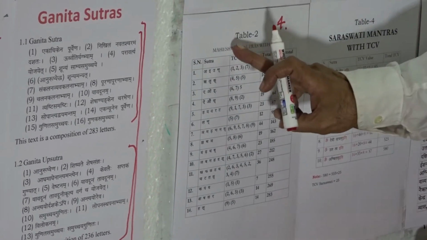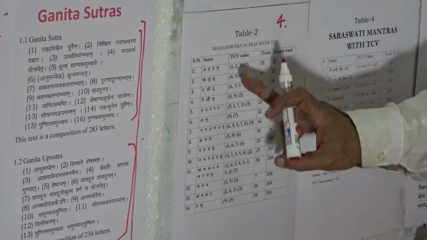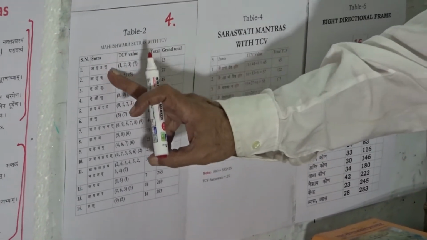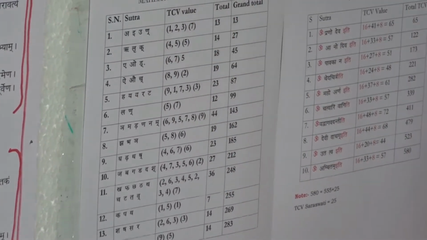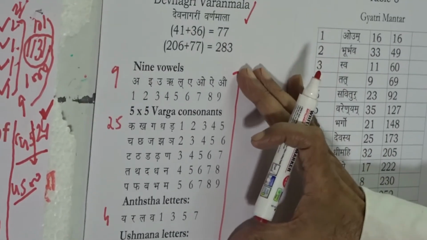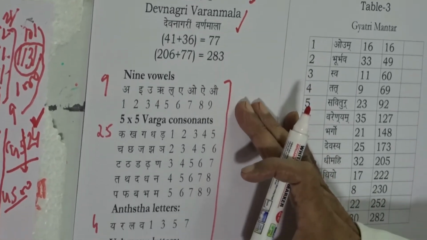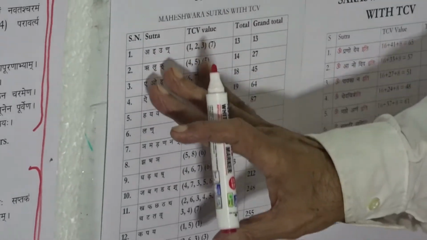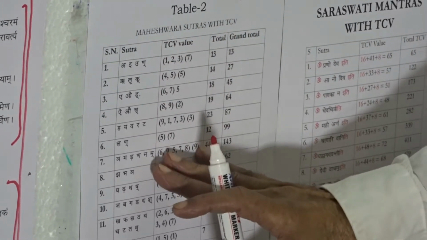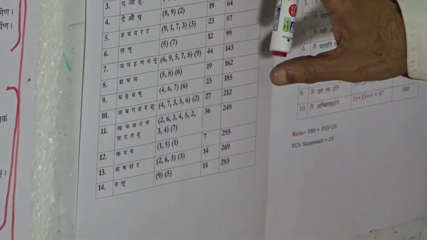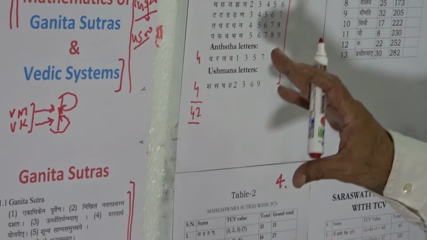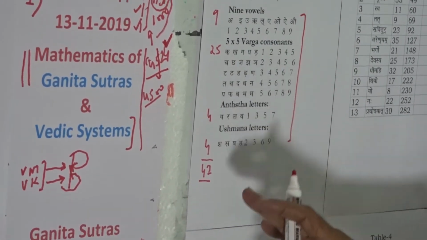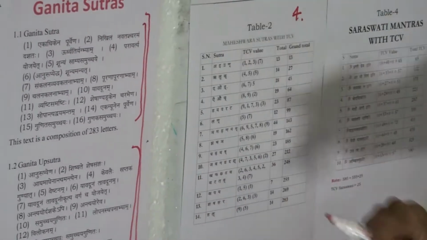Maheshwara Sutras are 14 in number, and these 14 sutras are organizing, coordinating these 42 letters of Devanagari Varnamala. Therefore, this organization, this tabulation, as the fourth aspect of the organization, format, feature, values of Vedic systems will be available to us to have a comparison of the same with the values, features and formats of